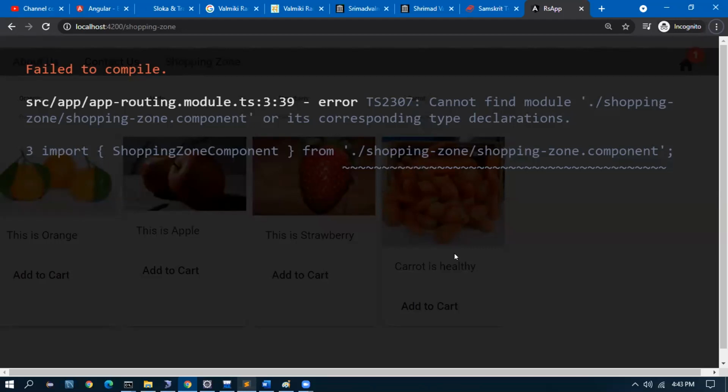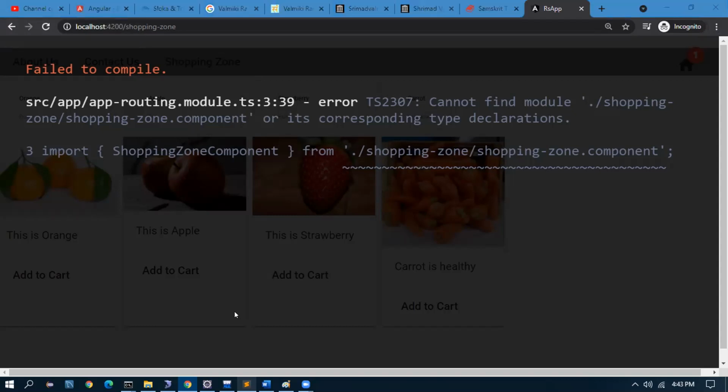If I give it outside, even if the user doesn't go inside the shopping zone, the data is going to fetch. I want that to happen only when I navigate and go to that link. Okay. Outside also it's going to work, but to increase the efficiency, we are keeping it inside. Exactly. Okay.